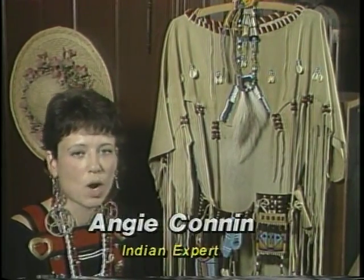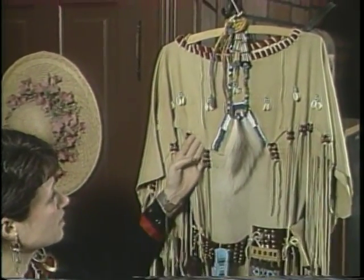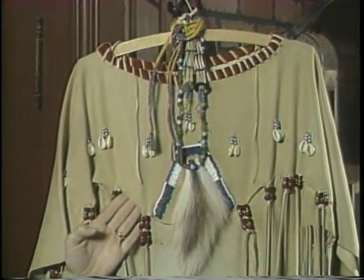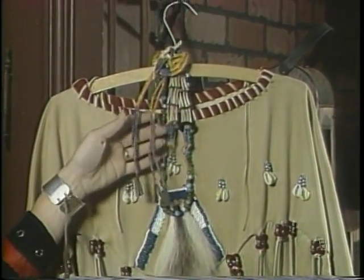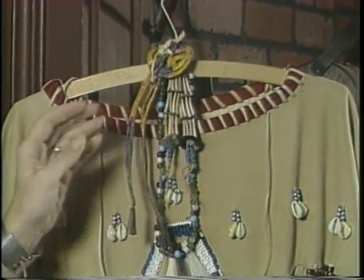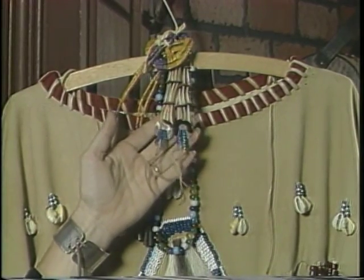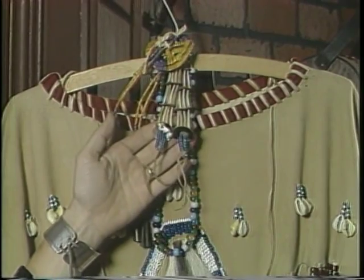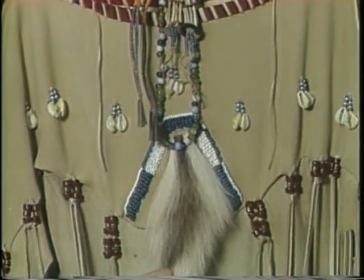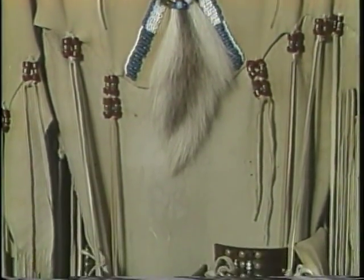Everything that the Indians wore had a purpose, and this dress is made out of deer skin. This is a Plains Indian dress. It's from the Crow tribe and from the 1840 period. These are quilled hair ties, and they were used on their braids. These are dentalium shell earrings, and they were very valuable because they were found only on the West Coast. This dress is decorated with a deer tail and beads, and the Plains Indians were a nomadic tribe,